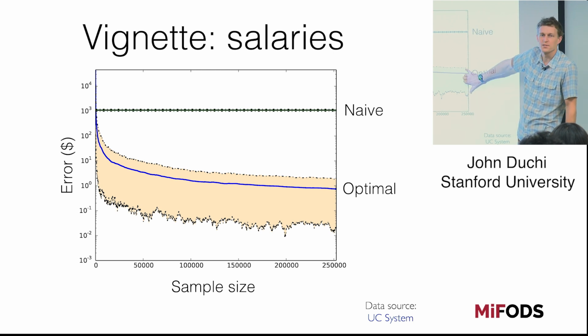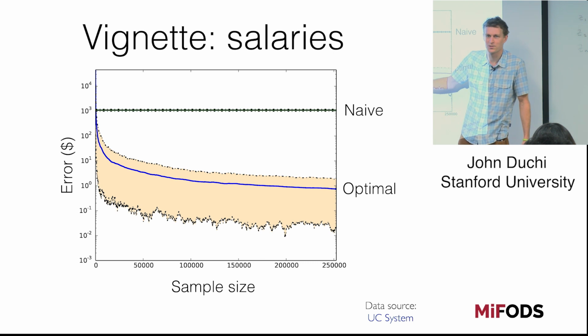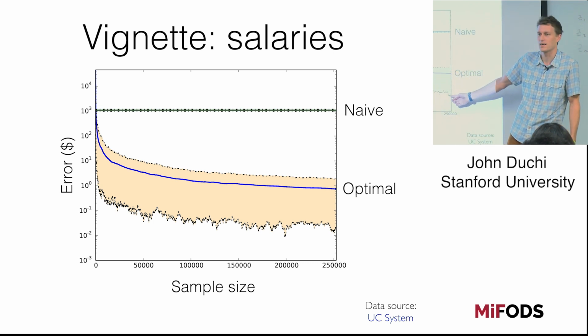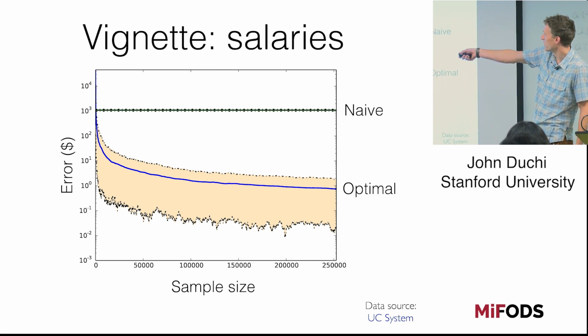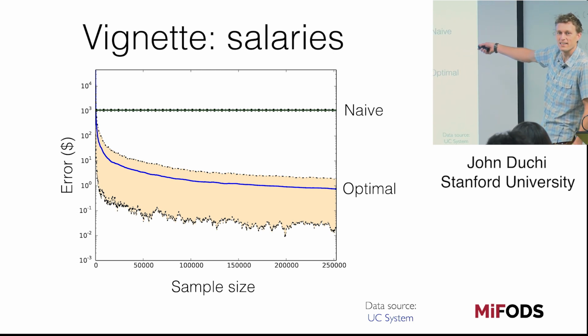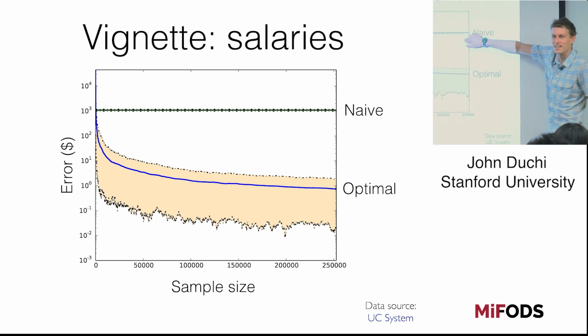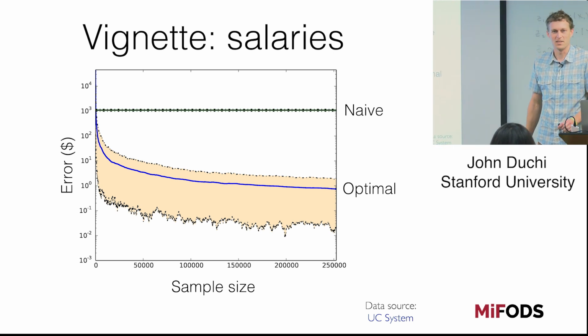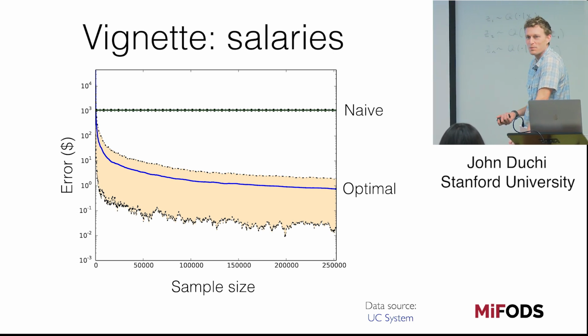The yellow line is confidence intervals. I ran the experiment a couple hundred times, and these are 95% confidence intervals on our estimator. It's a log scale, which is why it drops down so much, because sometimes you're actually within a couple of pennies. There is a confidence set on this one too. It just always sucks. The green line is the confidence band for this one, and it's always off by a couple of thousand dollars. So being a little bit more intelligent is probably a reasonable idea. You're doing a lot better in one versus the other.